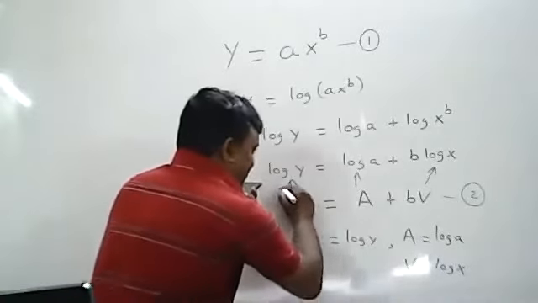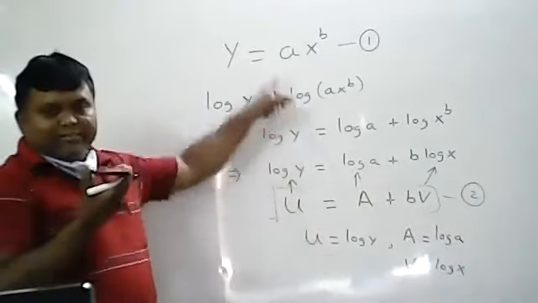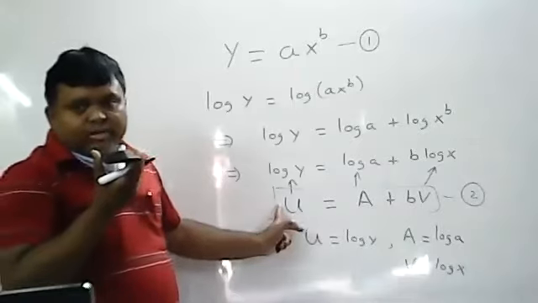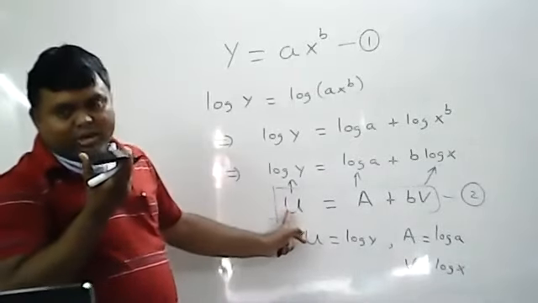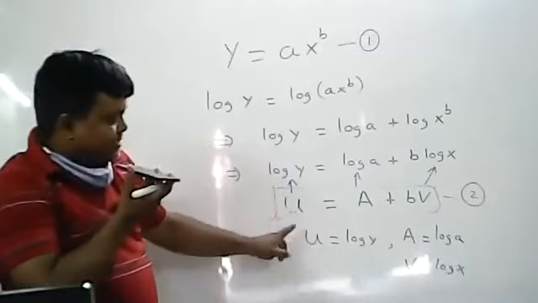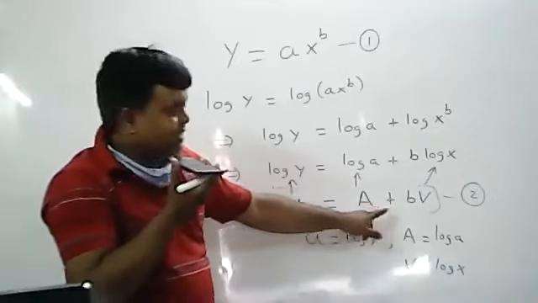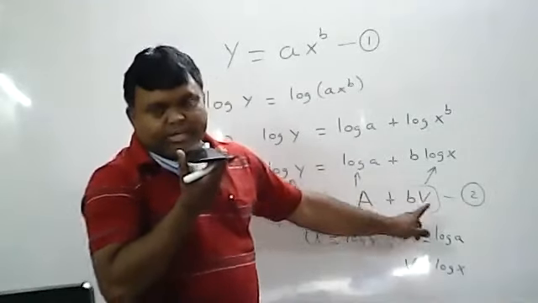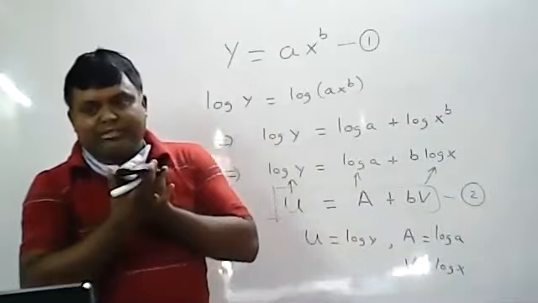Now this is an important equation. This is a straight line form. So now the power curve is converted into a straight line. Now you already know how to derive the normal equations of a straight line. The same procedure you will use. The only difference is, in place of y you have u, in place of small a you have capital A, and in place of x you have capital V. In deriving the normal equations, which principle will you use? Principle of least squares you have to use.